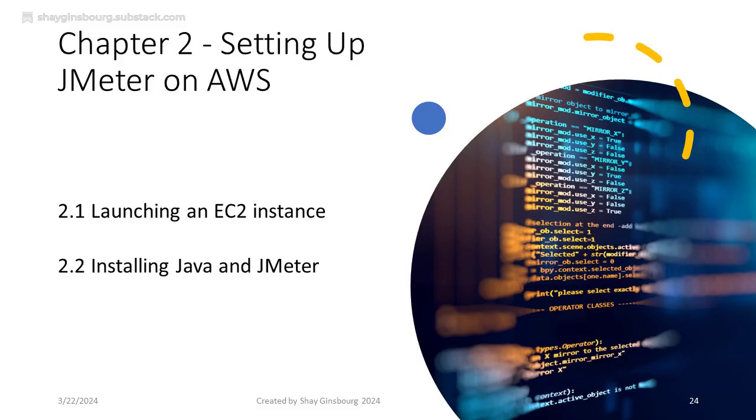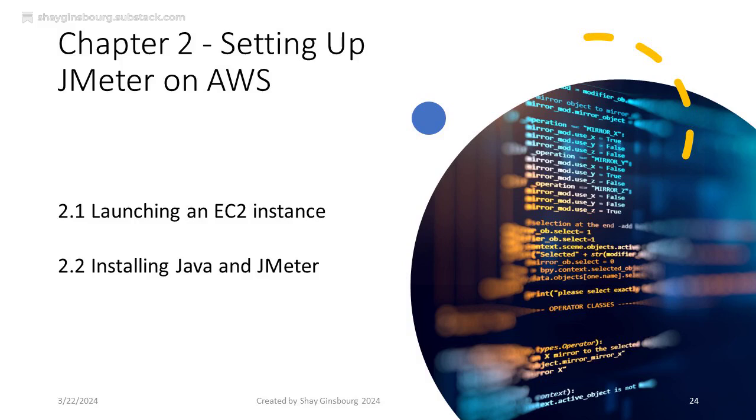Welcome to Chapter 2. In this pivotal section, we'll guide you through the essential steps to set up Jmeter on an AWS, Amazon Web Services, environment. Let's explore the key sections. 2.1 Launching an EC2 instance. Buckle up as we dive into launching an EC2, Elastic Compute Cloud, instance. We'll walk you through the process step by step,